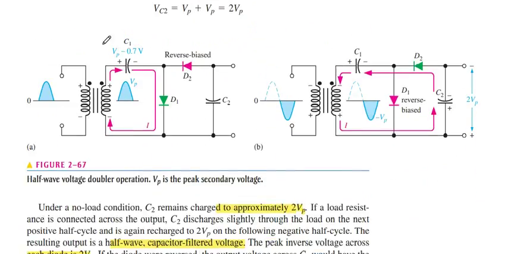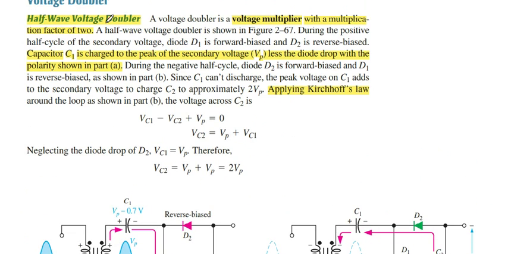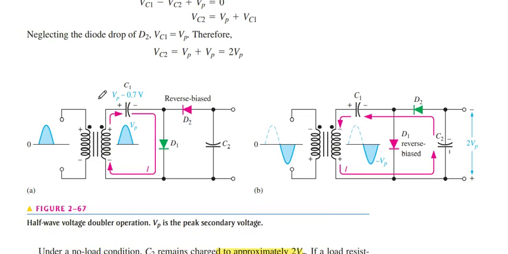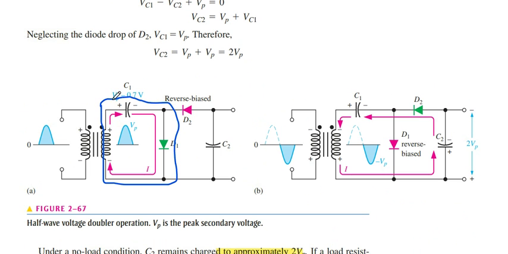In this topic, this is the first half wave voltage doubler. See, first we use the circuit of a clamper. If you see my last lecture, you will come to know this is the clamper circuit. So when the positive half cycle is passed through this circuit, the capacitor C1 is charged,